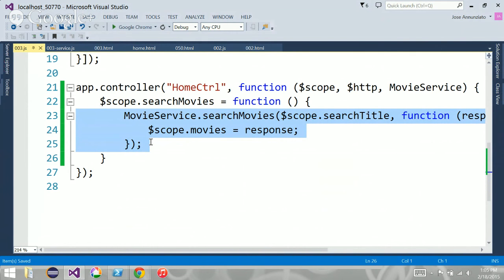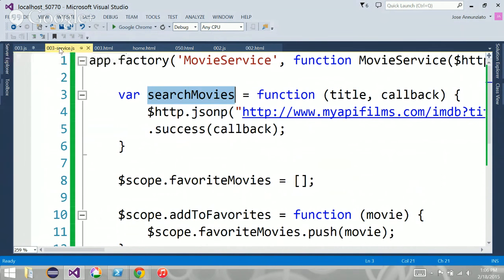But the only benefit of this is that now movie service is not only in this controller. Now it's in a shareable object that can be shared among several controllers. Make sense? That's all I did. Oh, we forgot something.